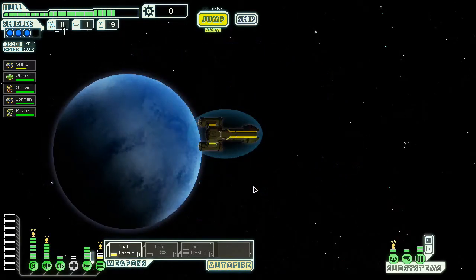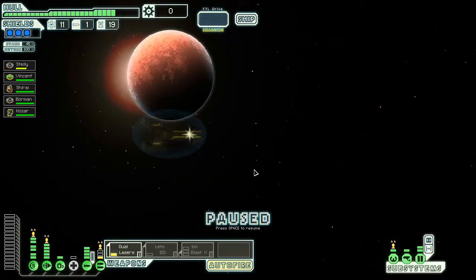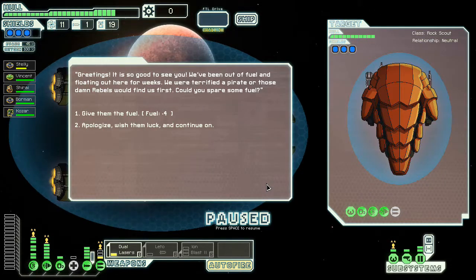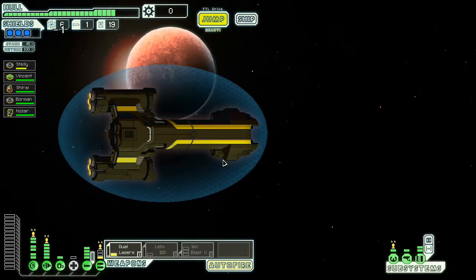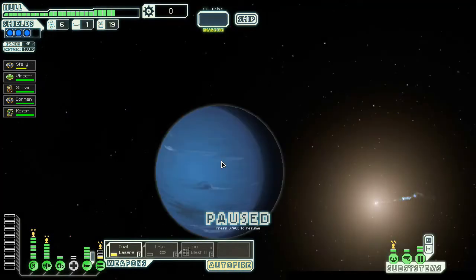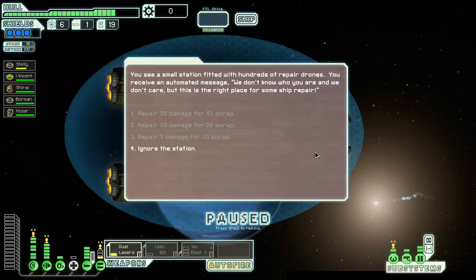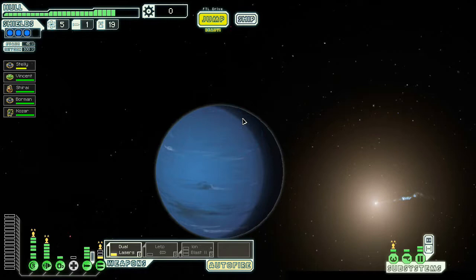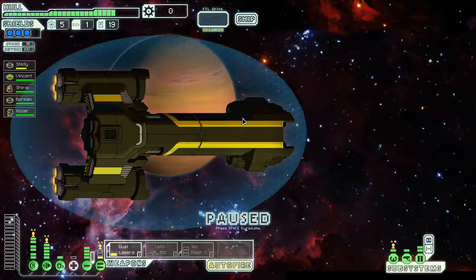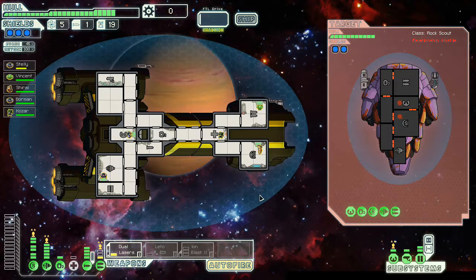No. Scrap recovery arms can pay for themselves. I think Sector 6 is the final time you should be really considering a scrap recovery arm. They pay for themselves pretty quickly. Very quickly. Now, I should probably not have given up that much fuel. The thing about scrap recovery arms is that they...